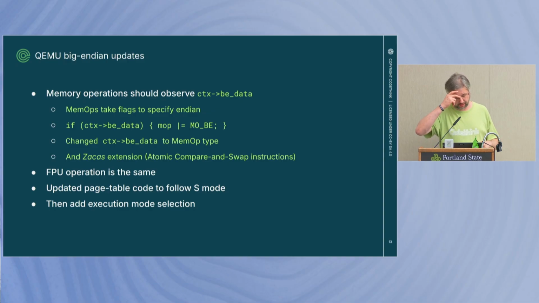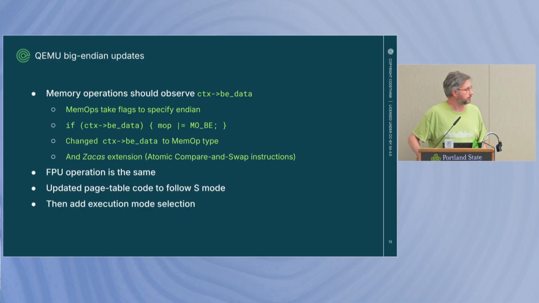So they've had a very similar way of allowing endianness configuration. So we didn't have to worry about that. And it turned out QEMU uses some flags for its memory operations,